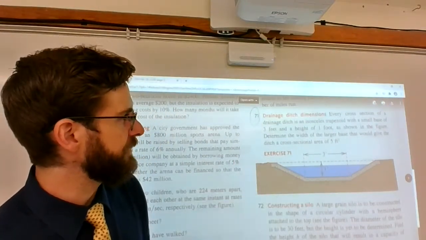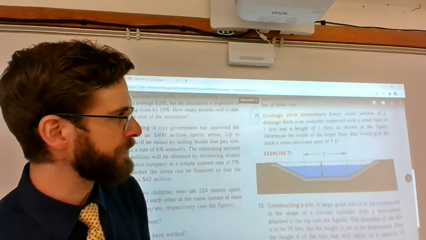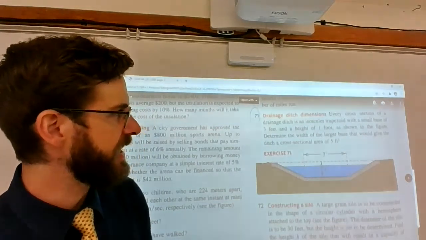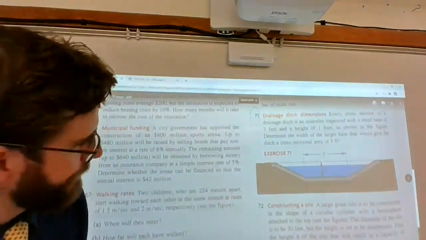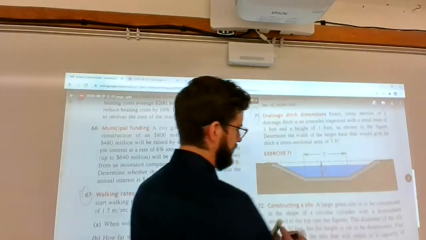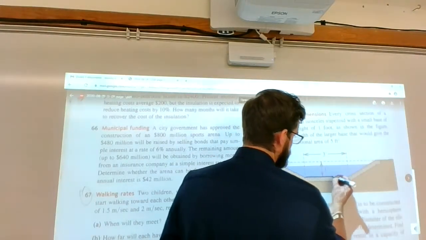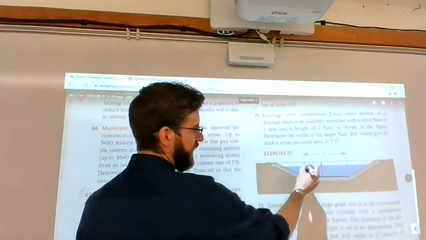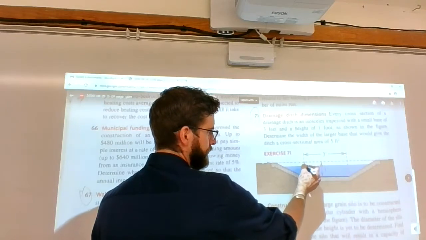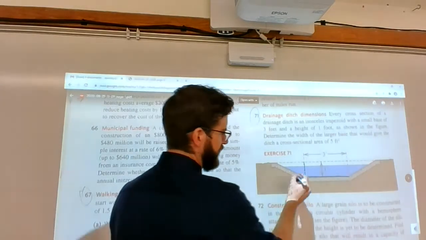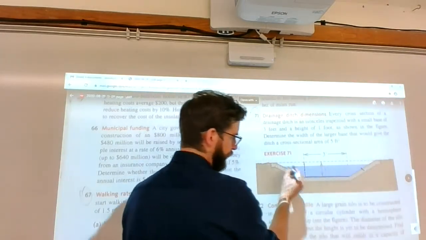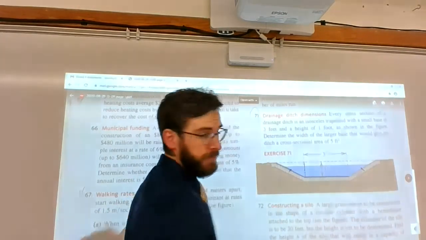Every cross-section of a drainage ditch is an isosceles trapezoid with a small base of 3 feet and a height of 1 foot. So, where are my markers here? 3 feet is this measurement here. 1 foot would be the height of the trapezoid. If it's an isosceles trapezoid, that just means that this leg and this leg are congruent. If you go back to your Math 2 days,